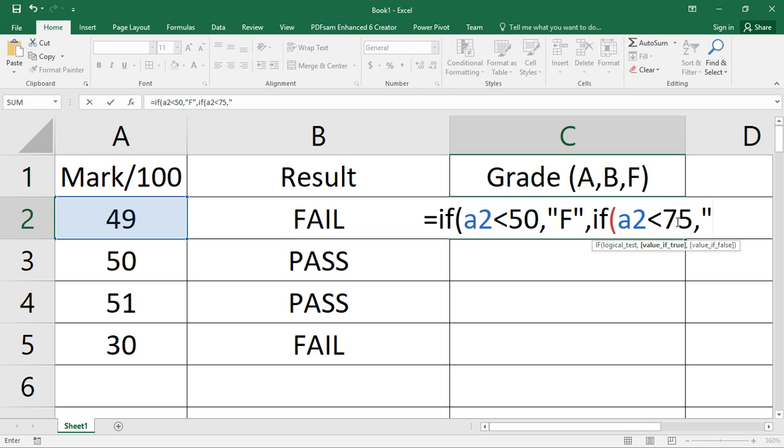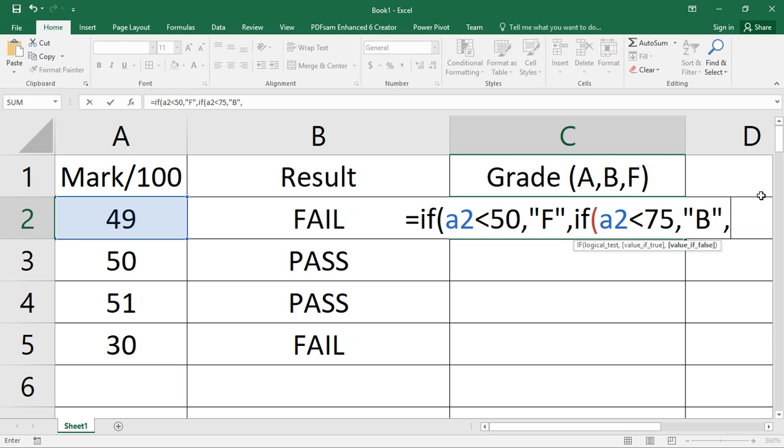We are now assuming that all the values less than 75 and above 50 are the ones we are dealing with here, they are B's. So we put a B there. Otherwise, do we need to check again? No. Any value that may come from now on is an A.